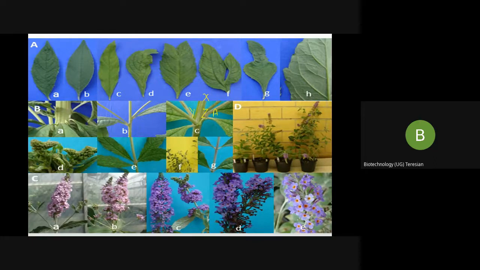See here, in all these pictures, the leaf size and shape, how they have varied. In the same plant, leaves have been modified. Similarly, the stems, the inflorescence, the flowers, all are different. Okay. So the phenotypic changes can be a change in the size of the leaf or the color of the leaf, the height or the branching, and so on.